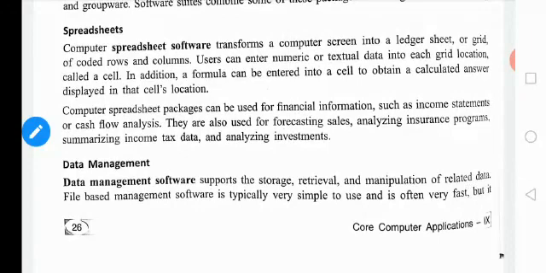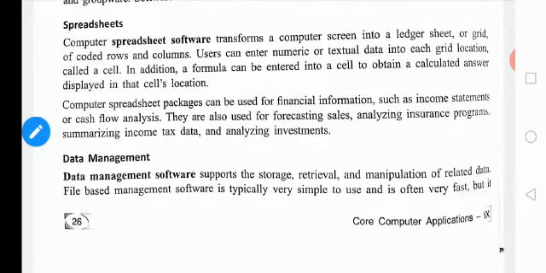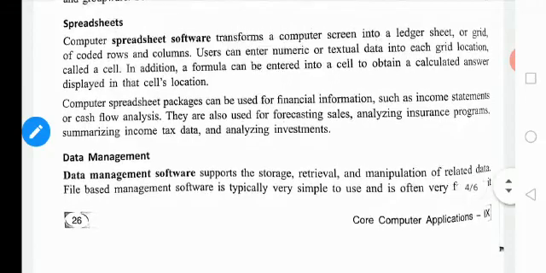That is also called a grid. So users can enter their information there, and formulas can be generated in this worksheet, that means spreadsheet, both are common. It is mainly used for financial information such as income statements, cash flow. In our school, we use it for generating the mark list of a student, of a class, or as a whole. Okay, so these are the uses of that.